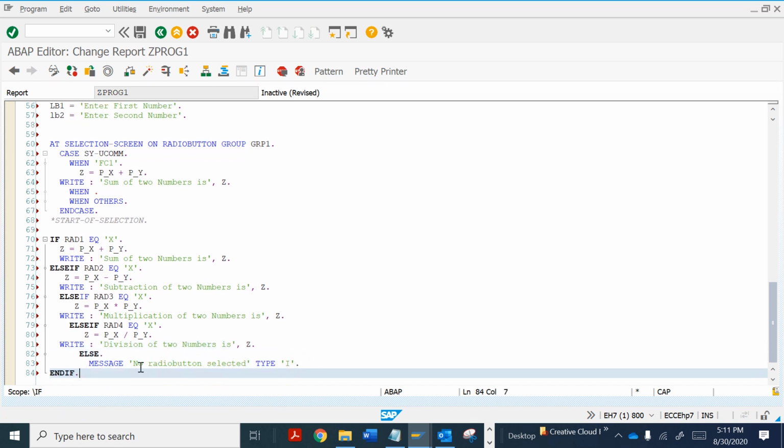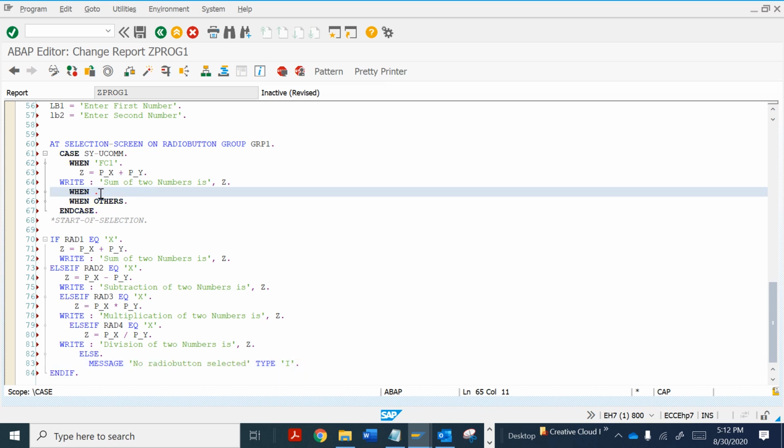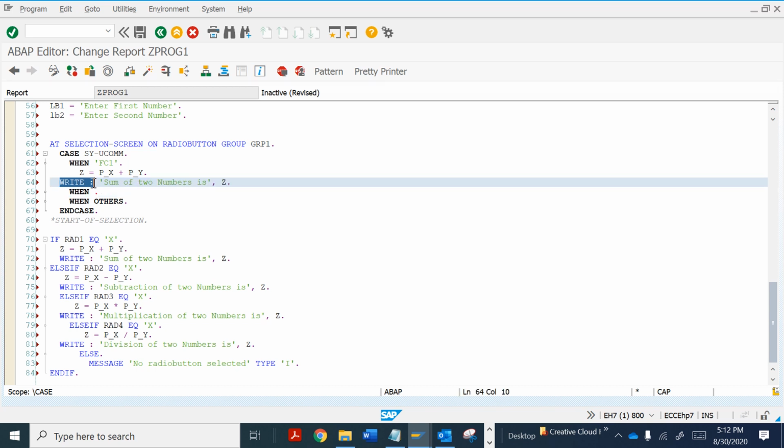In the message, as you can see, we have selected only multiple characters, or you can say a collection of characters in a string. So how to do this? I want to display a string as well as my value.